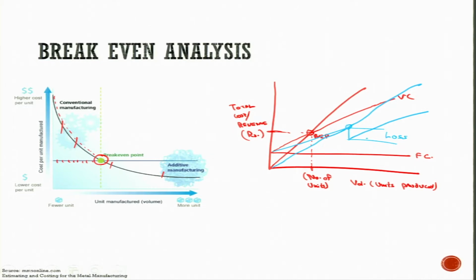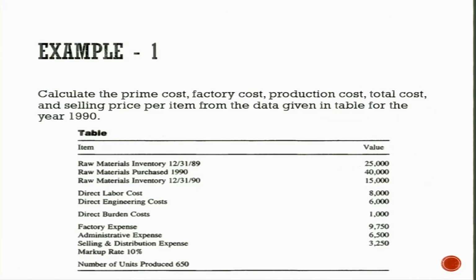So, this is the general criteria to put any cost. Before going to the detailed models for additive manufacturing, let us first see a small example on direct and indirect costs and try to see how we calculate that. These are the direct costs. We can calculate the prime cost, factory cost, production cost, total cost and selling price based upon this data which